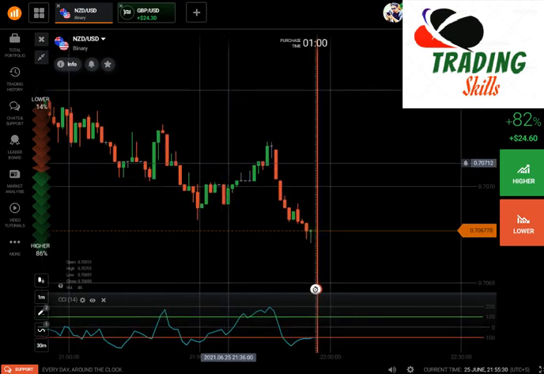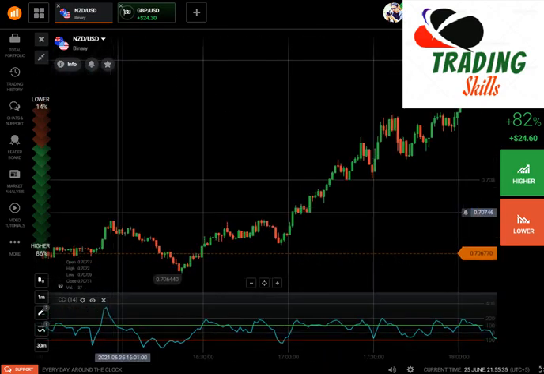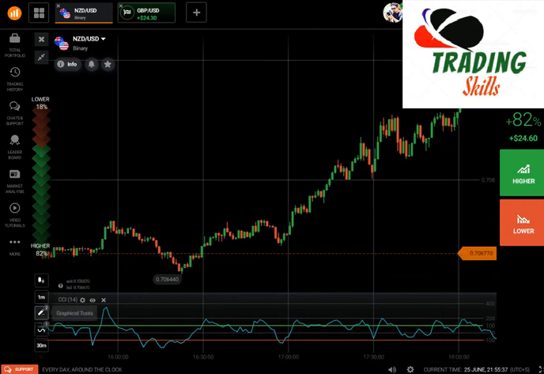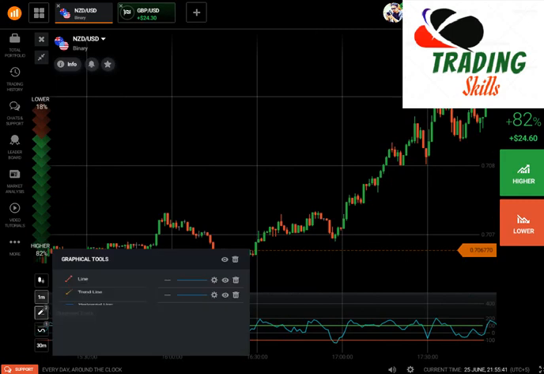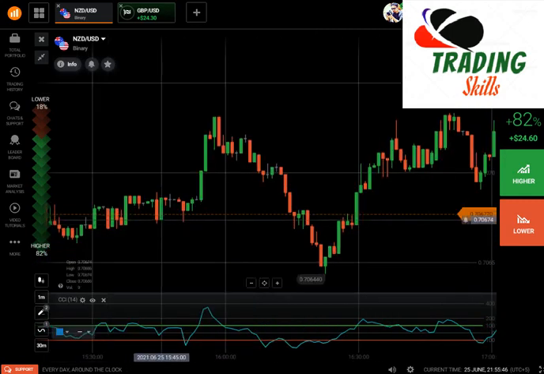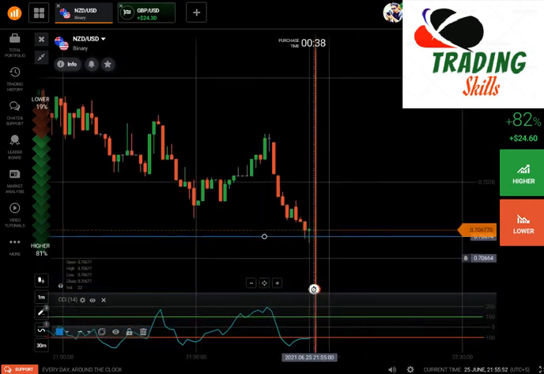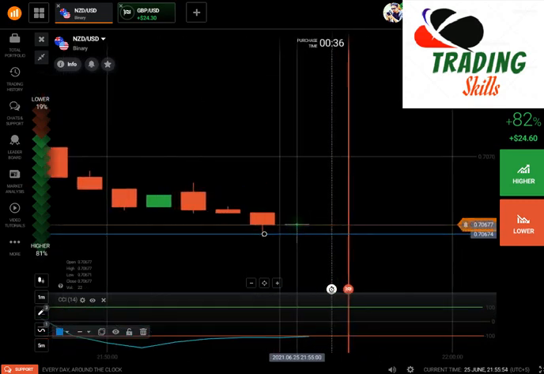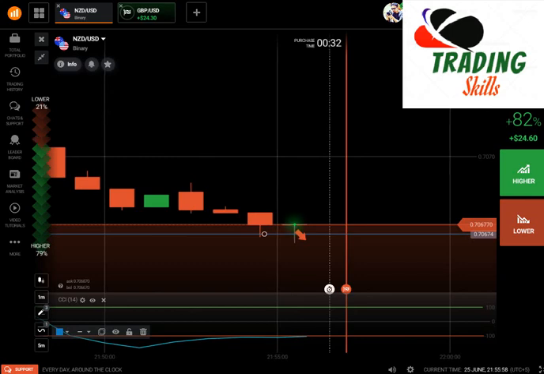Now here I can see, okay, I need to analyze the market here. Okay, I need to find a level. Okay, so at this area, okay, so after this candlestick, this candle can also close here as a bearish, so I can go here with